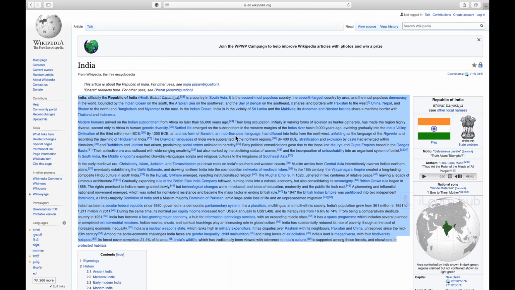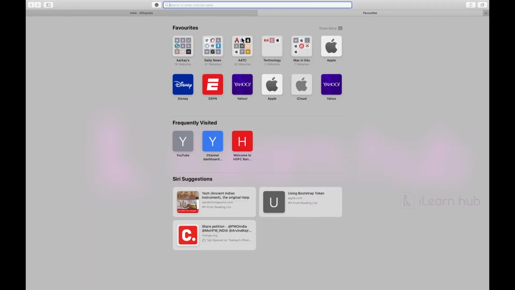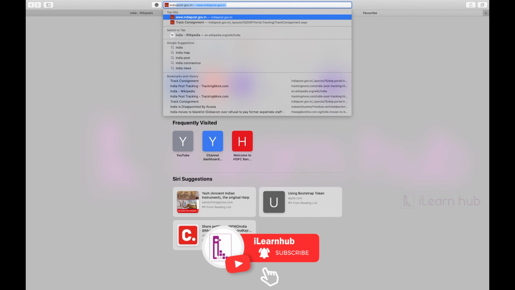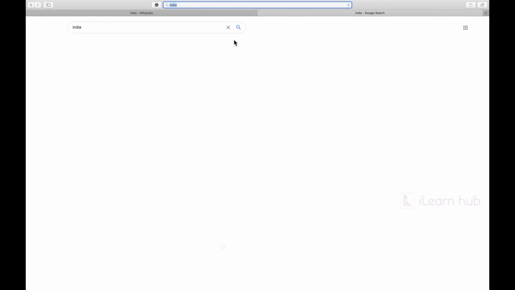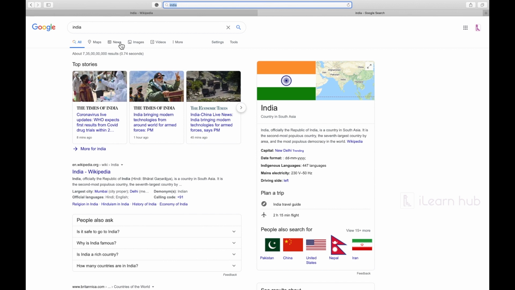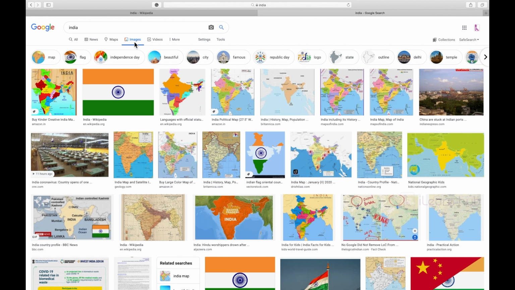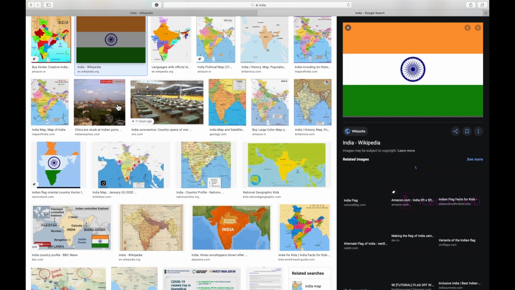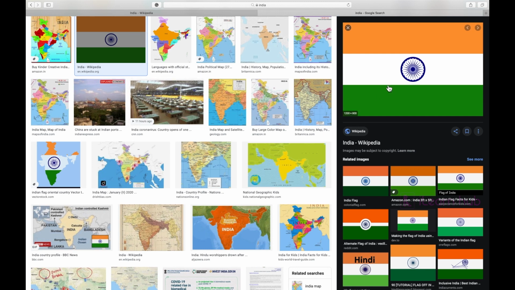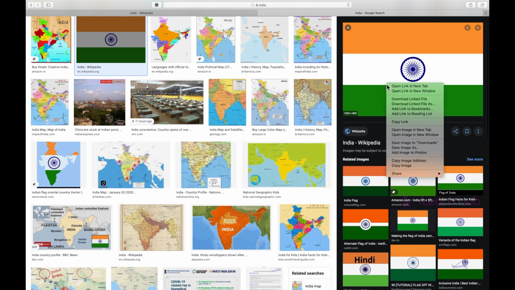So by the way, Pages, okay, let me open another window in Safari. I'll type India again, and this time I'll use images. Okay, so if I need to bring any image from this page, let me click here, Indian flag. So if I want to use this image in my Pages application, normally in any editing application or creating applications, first of all you have to save this one, like save image to downloads.